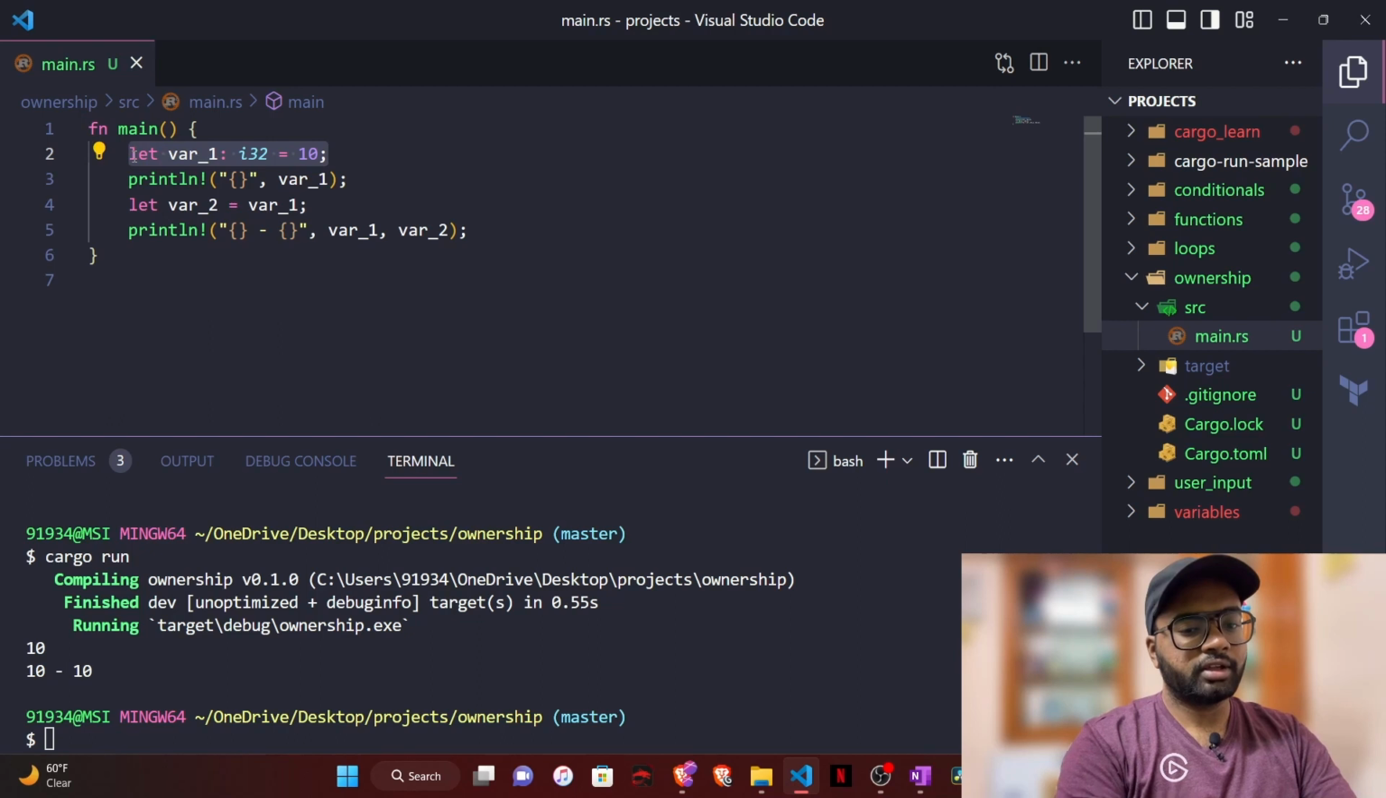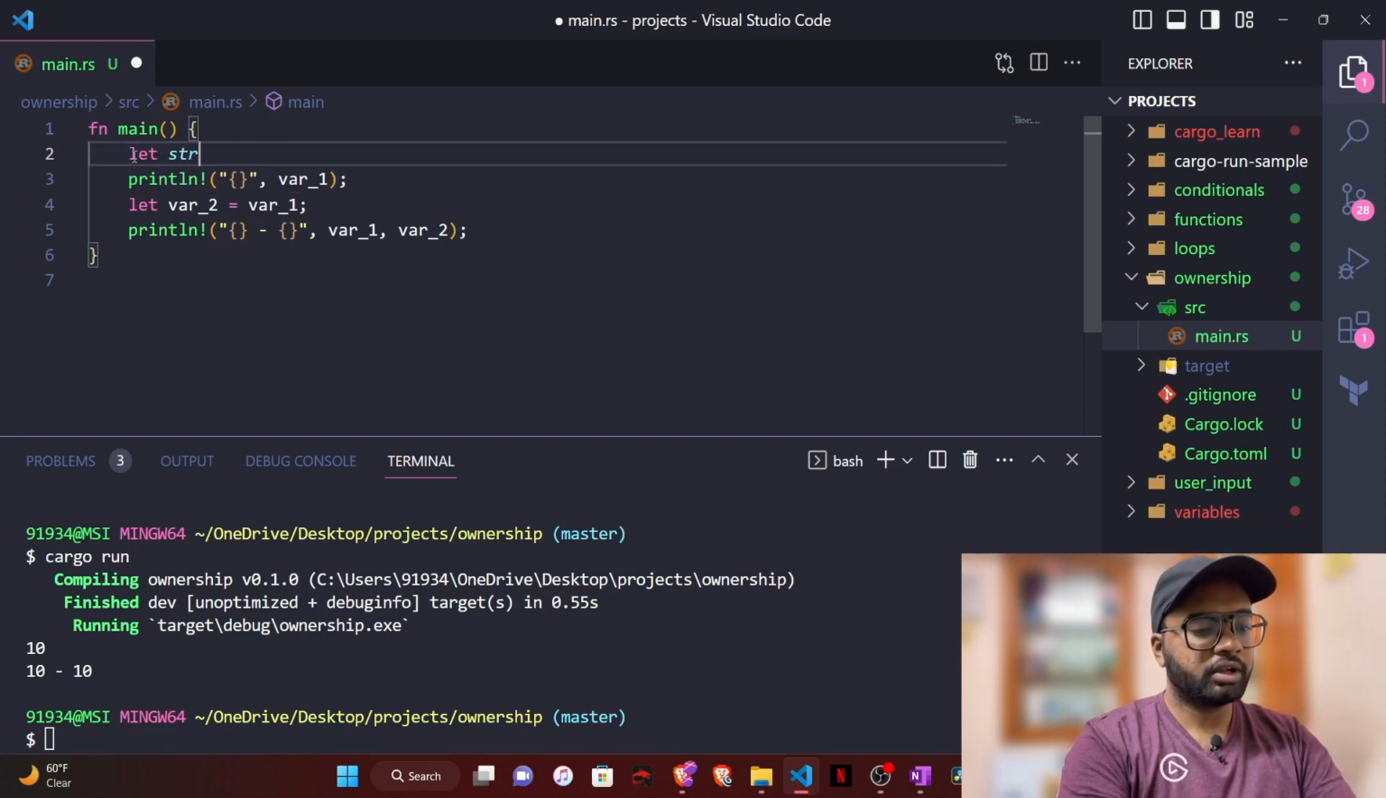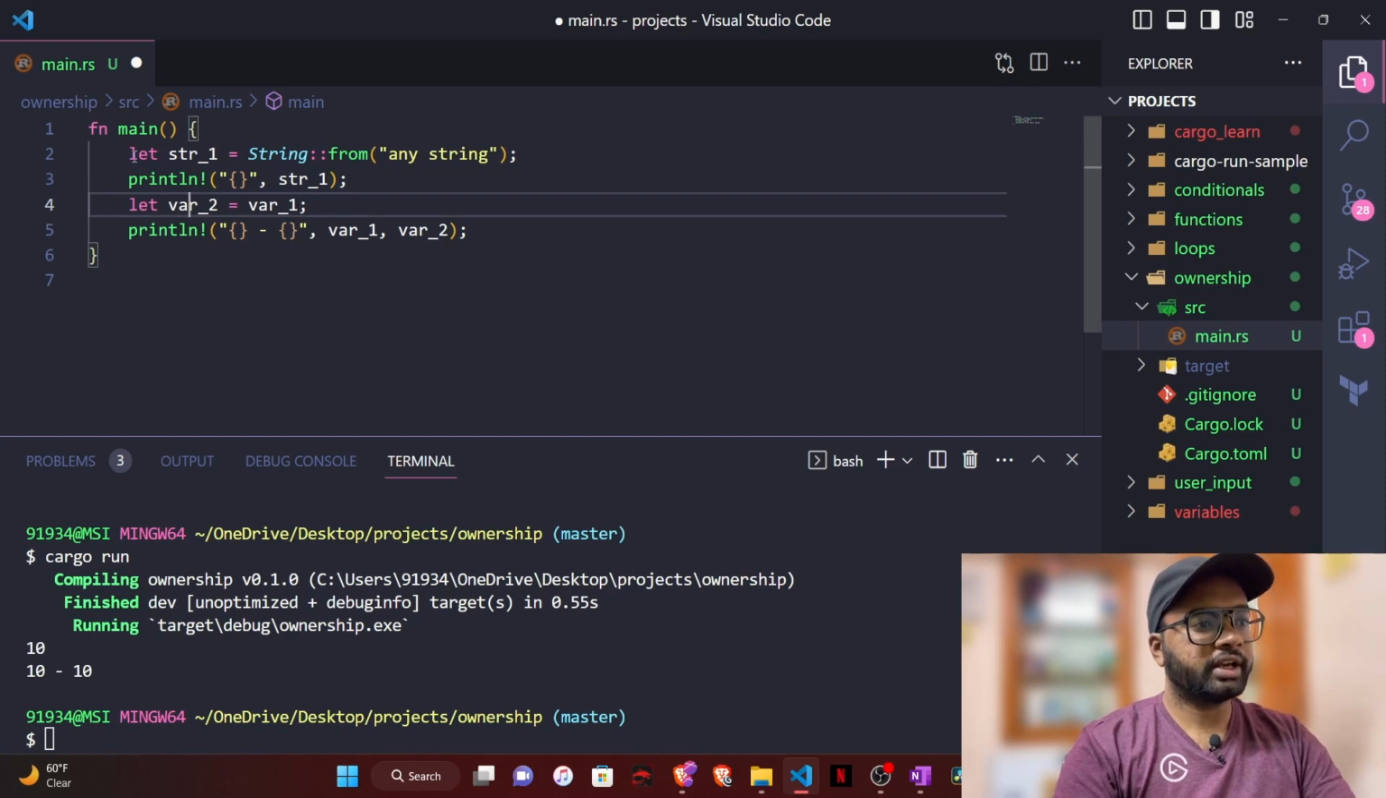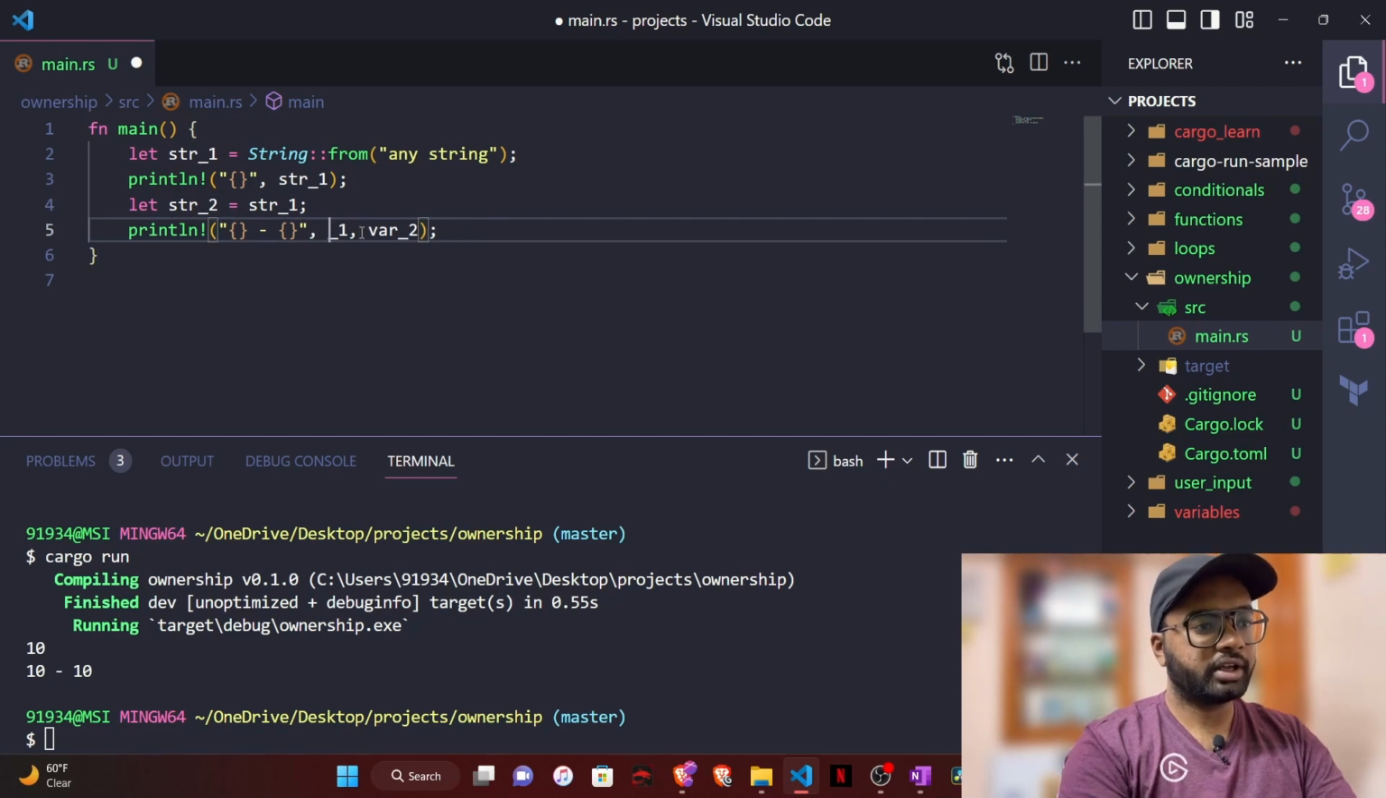Now let's do one thing. Let's use a dynamic type, like let's use a string itself. Let's call it str1. And how do we create strings? Using String::from, and let's give any string. This is fine. So let's create another variable str2, and let's assign it str1. Now if we try to print both str1 and str2,